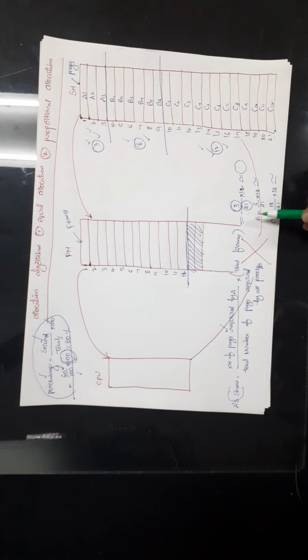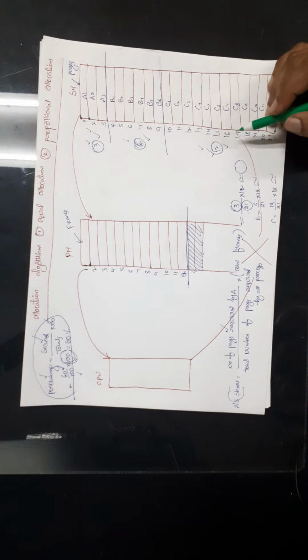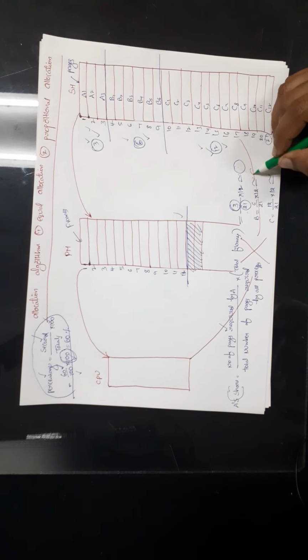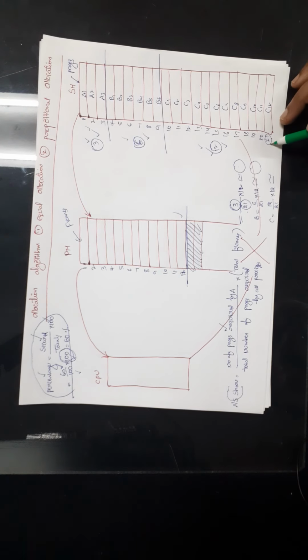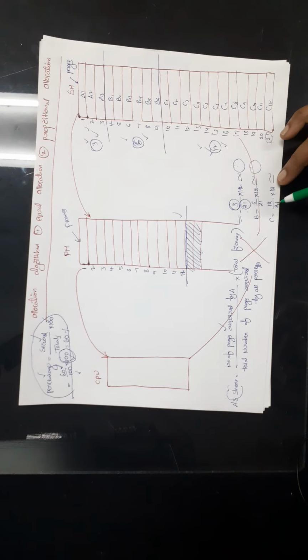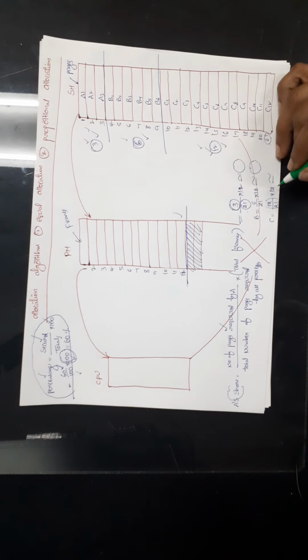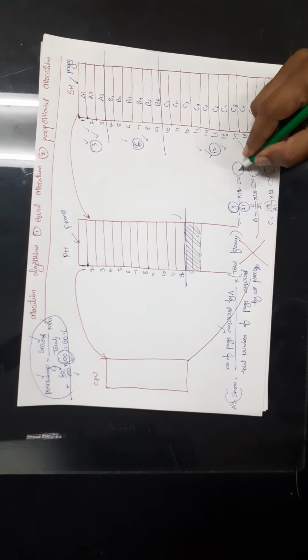For process B, in order to calculate B's share, B requires 6 pages. The total number of pages is 21, into the total number of frames, 12. If you calculate this value, we will get B's share. Now in order to calculate C's share, C requires 12 pages. The total number of pages is 21, into the total number of frames, 12. So here we will get the answers, right? Based on these numbers we will allocate the frames.